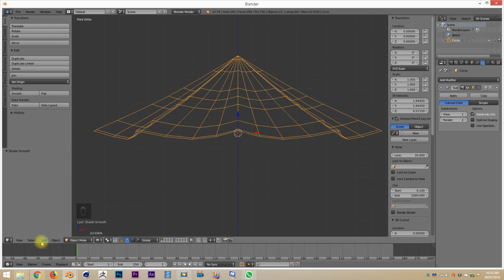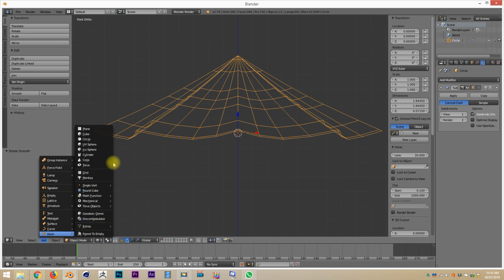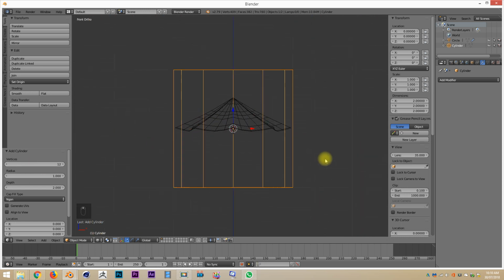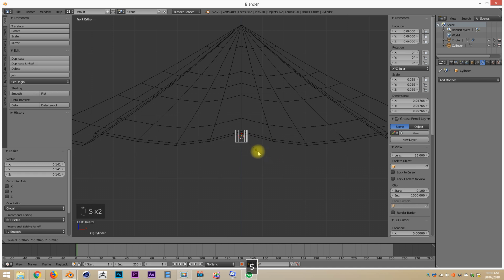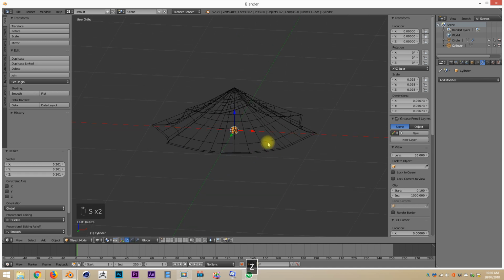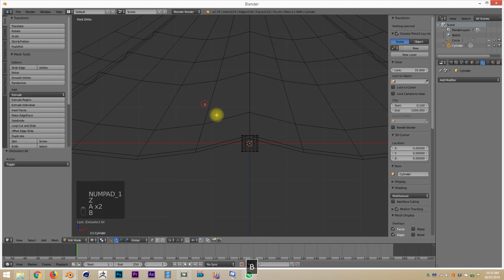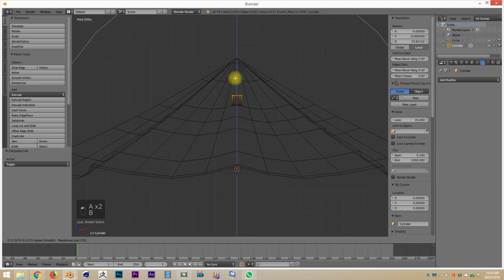We're going to simply model the cane. We're going to go to add, mesh, and we're just going to add a cylinder. We're going to go to our vertices settings, and we're just going to make it a count of 12. And then we're just going to size it down to a diameter that's more suitable for an umbrella. Maybe a little bit skinnier. Go into edit mode, select these top vertices,